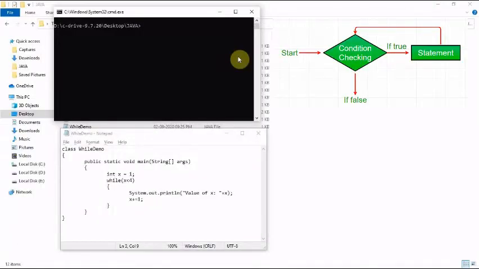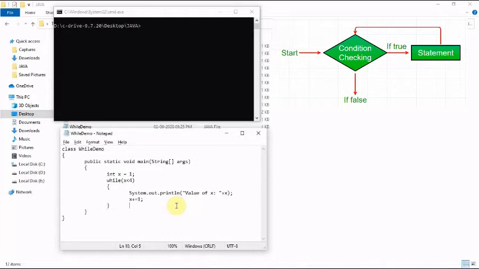Now when you look at the code displayed here, I have written it in a class WhileDemo. In the main function, first we initialize a variable called x to be 1, and then I've written a simple while loop. What it does is check this boolean condition, which is x less than 4. Once this boolean condition is satisfied, it will execute the statements inside the while loop. The statements are to print the value of x and then increment the value of x.